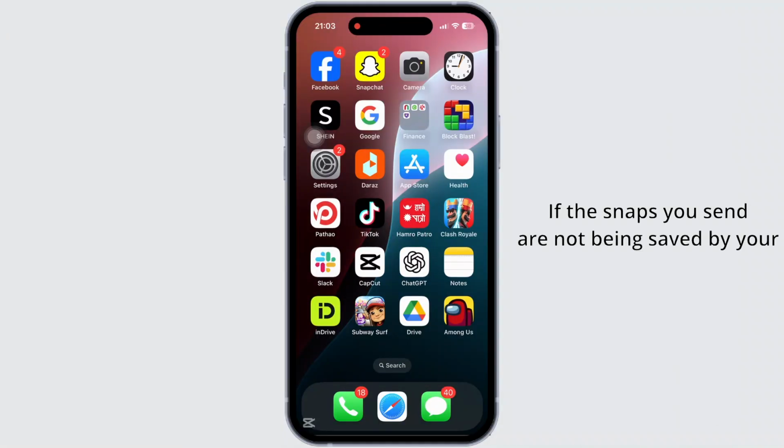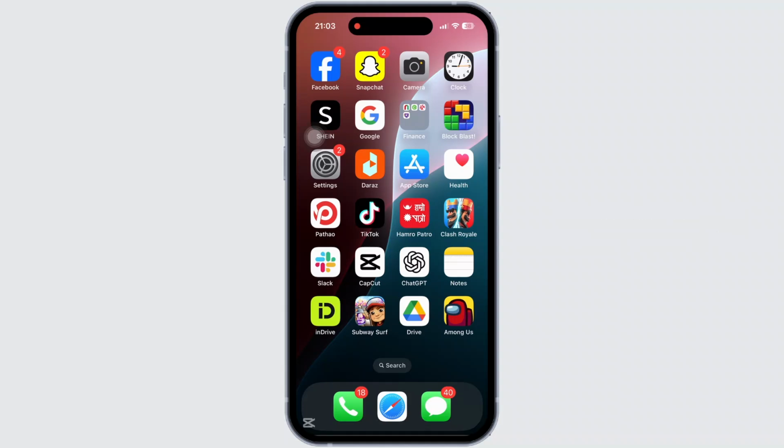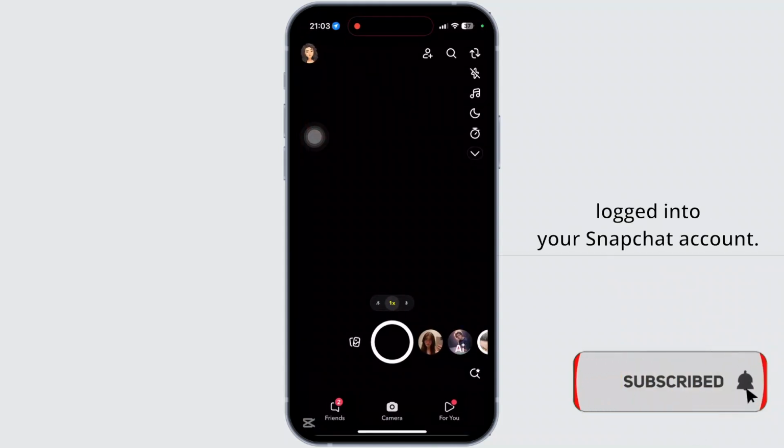If the snaps you send are not being saved by your friends, then snaps do not save automatically unless the recipient manually presses and holds the snap in chat to save it. Now, first of all, open the Snapchat app on your mobile device and make sure you are logged into your